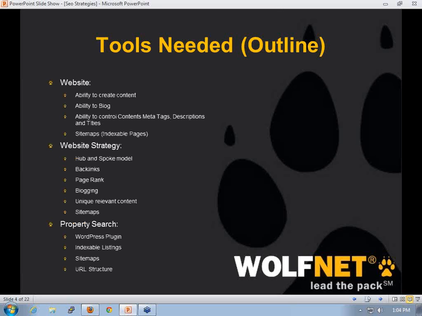So first off, let's just go over some of the tools needed to generate organic website traffic. We're going to go over, just at a high level, what type of a website you need, what types of features you need to have incorporated into that website, and then what types of website strategy you need to put in place to generate organic website traffic. And then, of course, taking a look at the property search and what types of property searches you should be using and what types of things you should be looking for in a property search to help with your organic